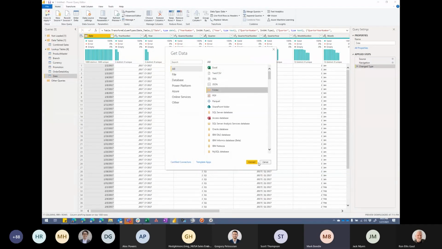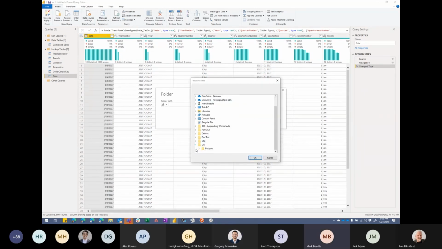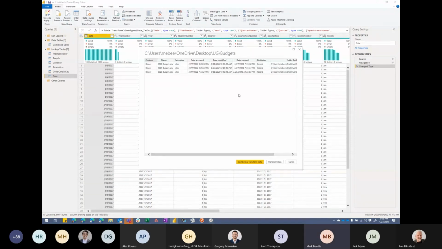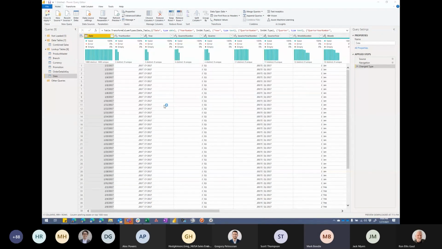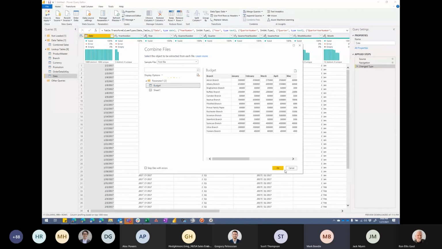So let's go grab the folder. Browse to my folder of budgets. All right, I see my 3 budgets. Let's combine and transform.